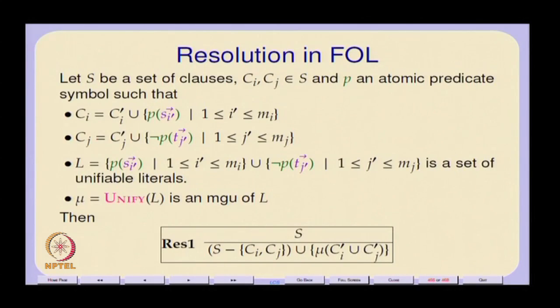One of the things we did initially was standardize them apart. Now what we are saying is, can they all be made to look alike? If they can all be made to look alike, then my unification algorithm gives me some most general unifier mu. Notice that these Si primes and Tj primes do have variables in them. So at this stage we are not talking of a unifier which will be ground. It will still have variables in it.